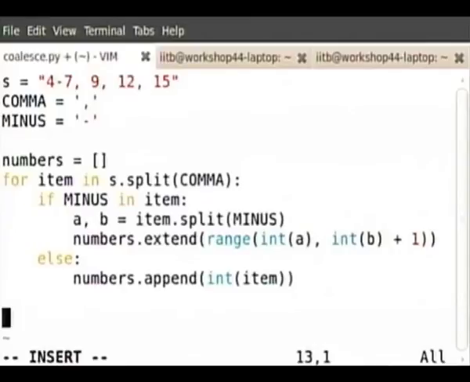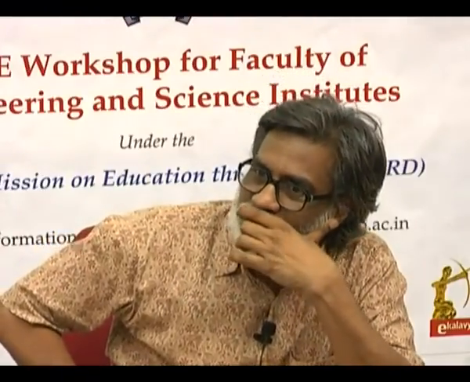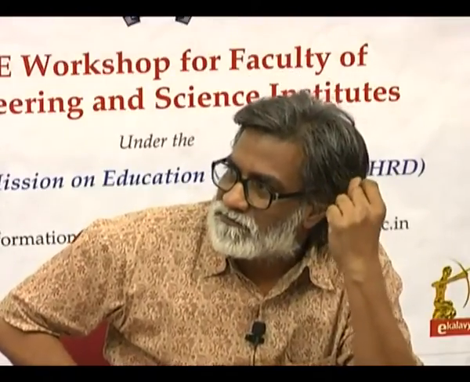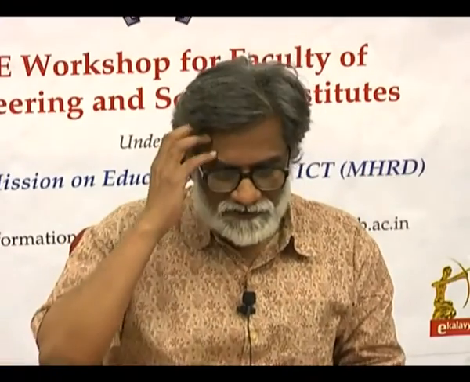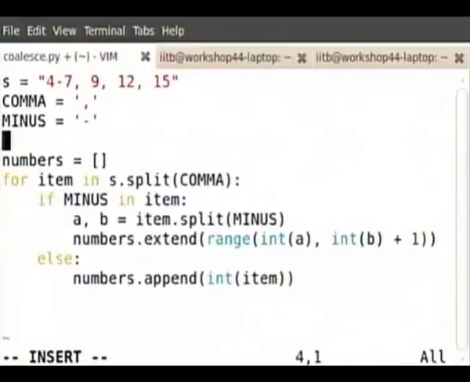What is the next step? Now, we are going to be given another range, and we have to find out which are not in that. You cannot subtract two lists. So, how do I find out, given two lists, which are the members of one list not in the other? One way is to step through this list, finding out whether it is not there. That is possible, you can do that. Find the numbers missing in this list for a given range. Okay. So,